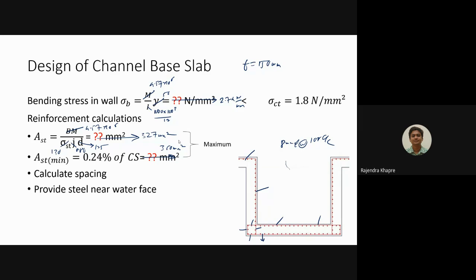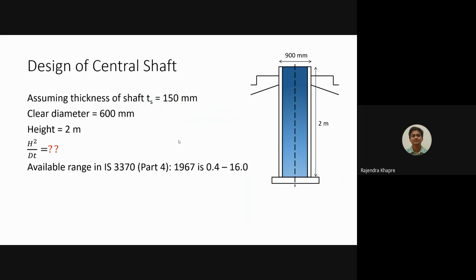And in yesterday's class, we have covered the design of inclined slab and the design of channels. Now the only part which is remaining is the central shaft. So you can see the picture on the right hand side. This is a central shaft, and the basic purpose of the central shaft is to provide the water to the aerator. This central shaft is basically a cylinder kind of structure which is completely filled with the water,